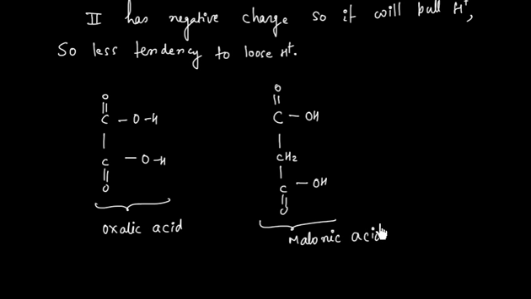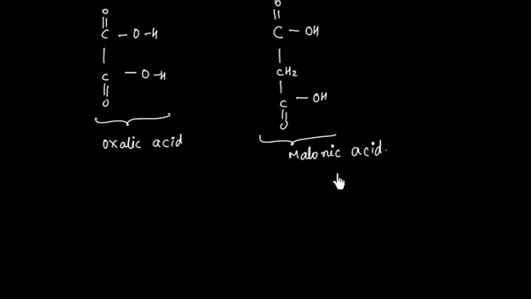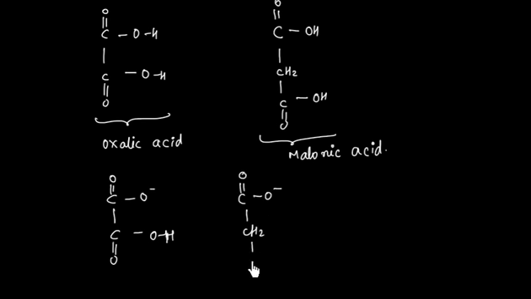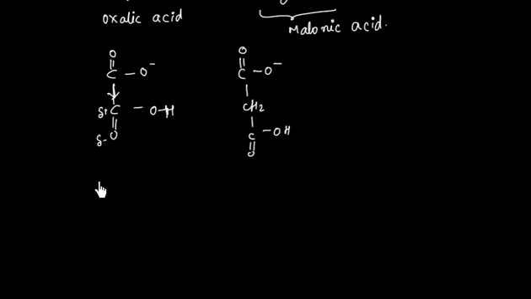To answer this question, we have to make the carbanion and look at the stability of the carbanion. So in this case, we have a negative charge. In this case also we will have a negative charge, CH2COOH. Now in this case, this carbon is slightly positive, oxygen is slightly negative, so this will pull this electron. So due to the minus I effect, the electron cloud will be pulled towards C double bond O. So this will become stronger or more stable.